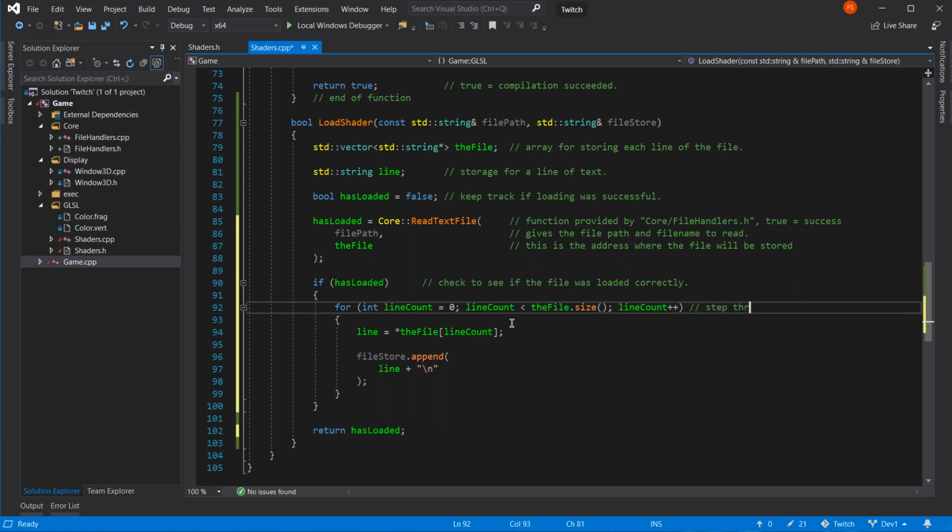Step through each line in the file. Yeah, I mean this is the best I can do really on that. What we're going to put here.